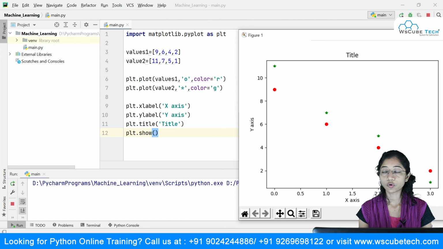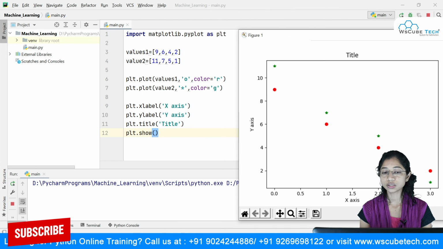Then we even saw what a marker is, what the line styles are, and what color references we have. We also saw that if you specify only one set of values, they will be plotted on the y-axis, and on the x-axis it will take the default values starting from 0: 0, 1, 2, 3, 4, and it will go on.